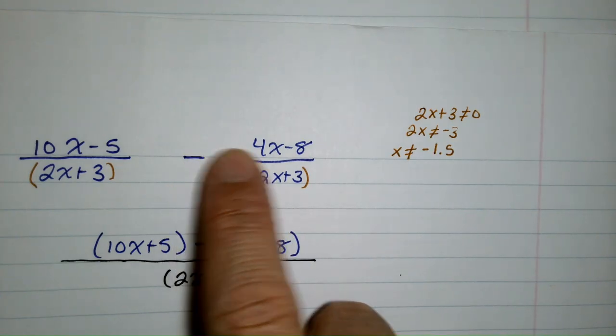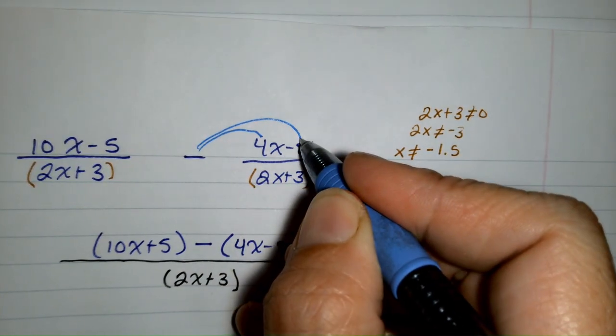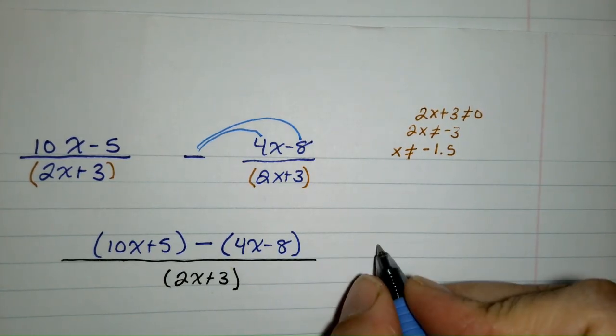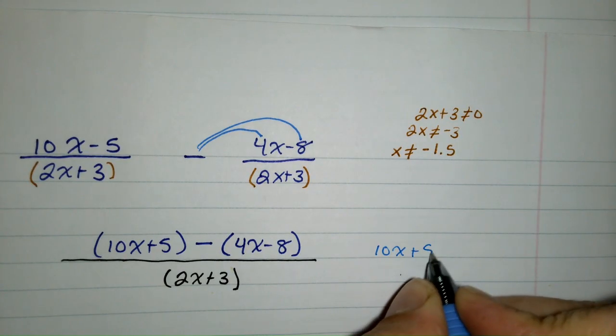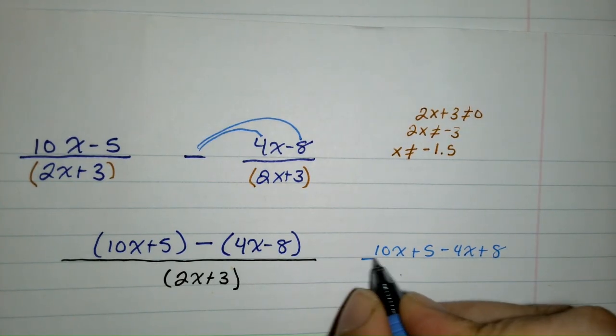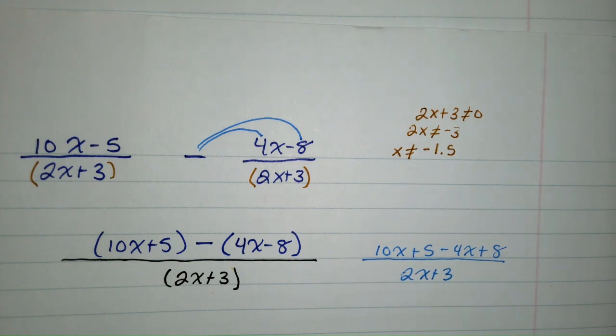So it's going to become minus 4x and positive 8. So we have to keep that in mind. So 10x plus 5 minus 4x plus 8, all with that common denominator of 2x plus 3. So when we combine like terms, we are going to get